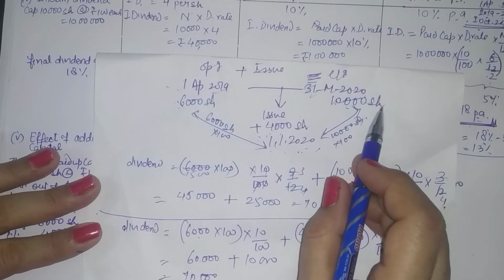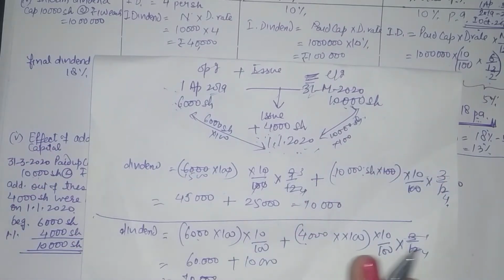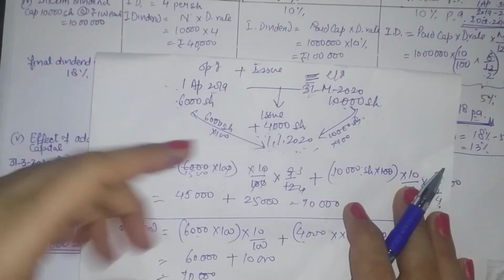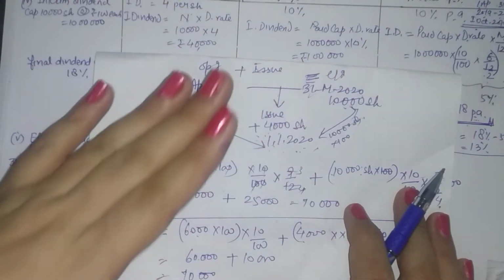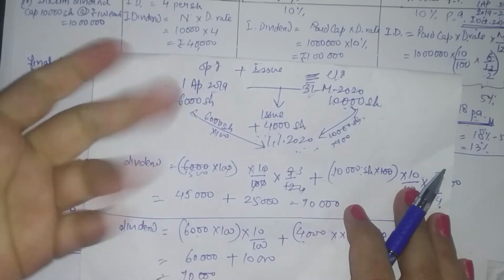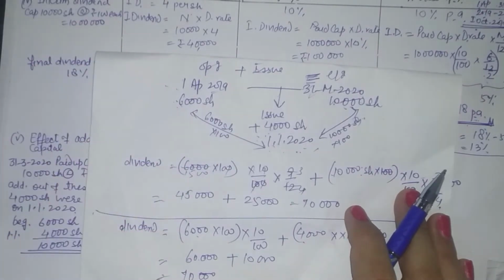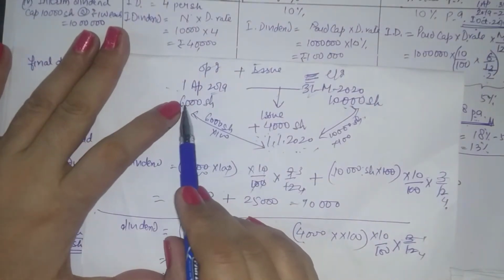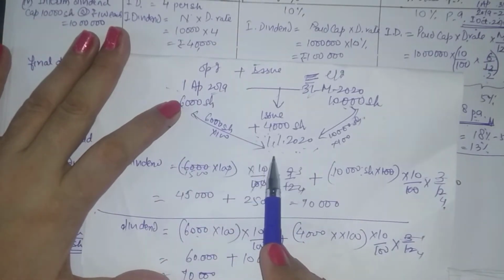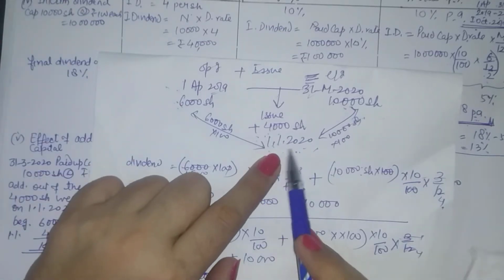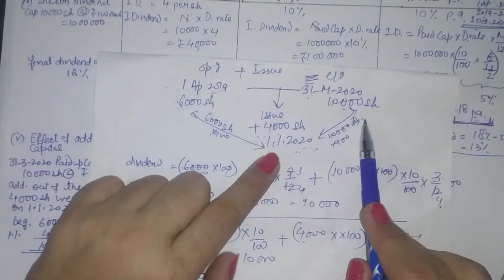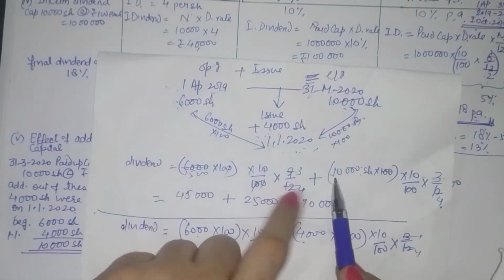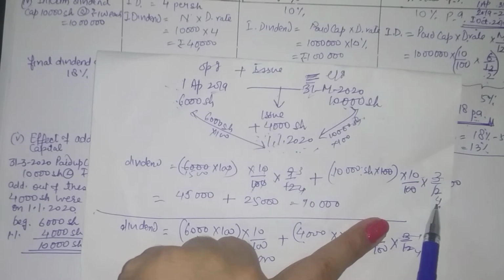This is the timeline. Whenever a time period is involved, always make it a habit to write up the year and write all the transactions on the timeline. That makes it very easy to understand the transactions. You can understand it in any manner, your answer is going to be correct. So either we say that we had 6,000 shares from 1st April to 1st January. Then from this date onwards we have 10,000 shares. So on 6,000 shares, 10% dividend for 9 months, then 10,000 shares, 10% dividend for 3 months.